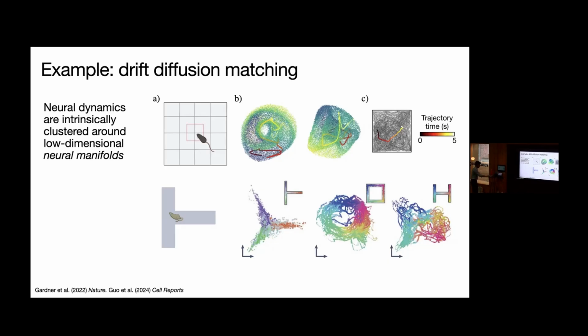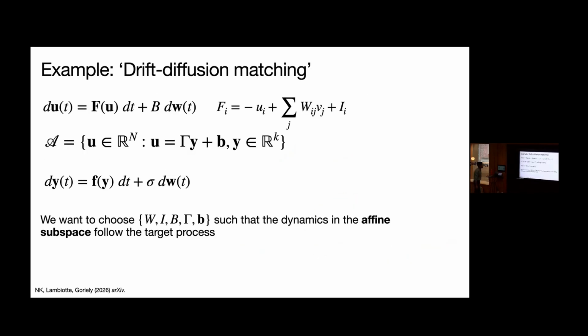This is going to make life easier. Okay, so what we did was we say, we're going to have a recurrent neural network just like Hopfield did, and we're going to make sure that it only lives on one subspace. In general, the manifolds are nonlinear, but we're going to just do things on an affine linear subspace to make life easier. And instead of doing what people usually do with neural manifolds, which is reconstruct it from data, we're going to do the opposite. We're going to design a recurrent neural network that has particular dynamics on the neural manifold.